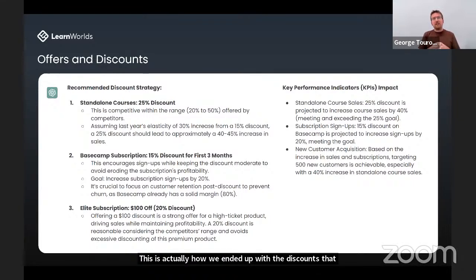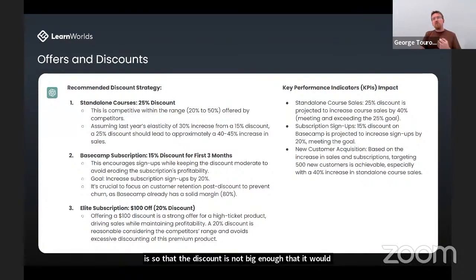So for our case, it's a 25% discount on standalone courses, a 15% discount on our base level subscription, and a 20% discount on our elite subscription. So the reason why we have already input some of the existing sales trends and our pricing points is so that the discount is not big enough that it would eliminate any of our profits.